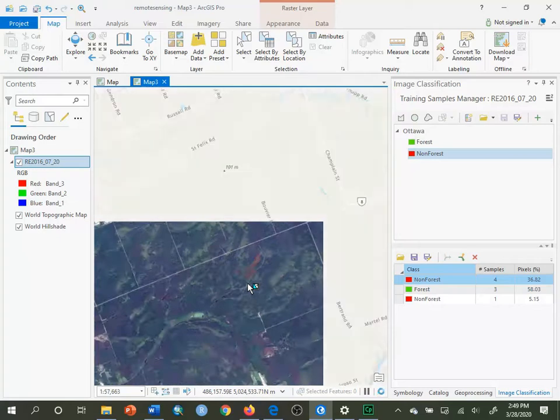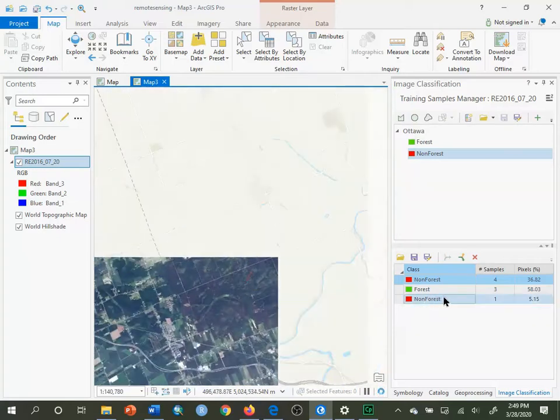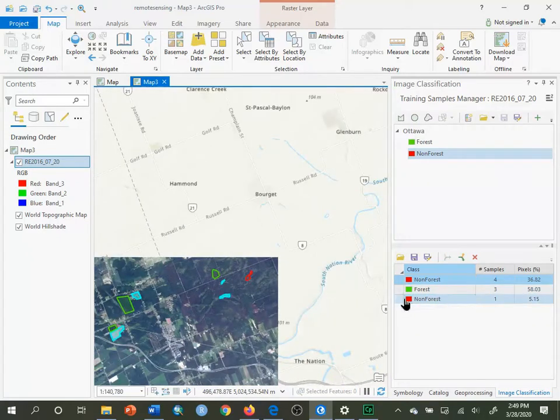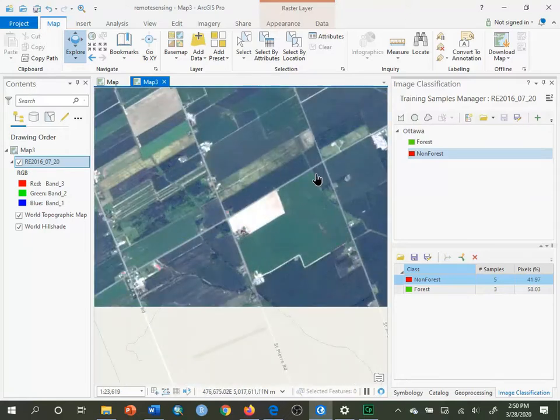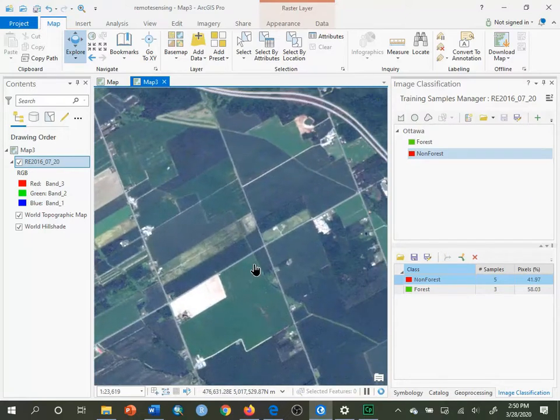Got some smaller pieces in there. So non-forest. There we go. Merge those two together. So non-forest is still, we have 58 for forest, 41 for non-forest. So I'll explore around a little bit more. Down here we got a lot of non-forest examples. So it'd be good, that's really necessary to capture some of this, because these are fields